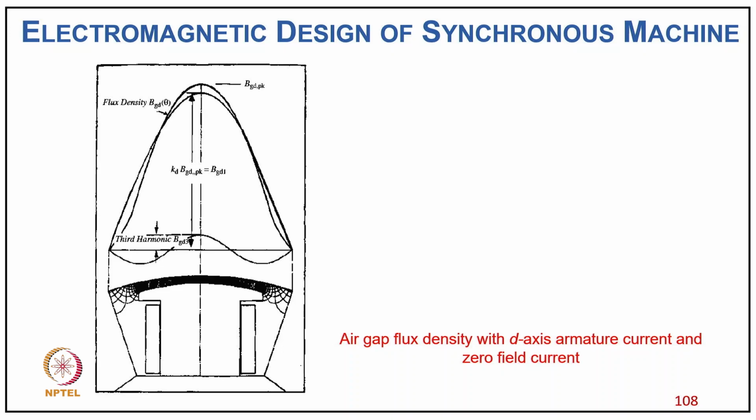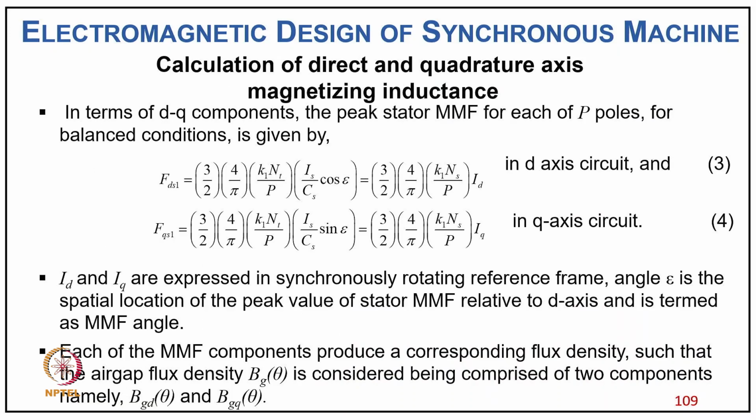So this is typically the air gap flux density with D axis armature current and zero field, just to show a typical example. Coming now to DQ components, the peak stator MMF for P poles for balanced conditions can be given as F_DS1 equal to 3/2 × 4/π × K1 Nt/P × Is cos θ, or equal to 3/2 × 4/π × K1 Ns/P × Id for the direct axis,